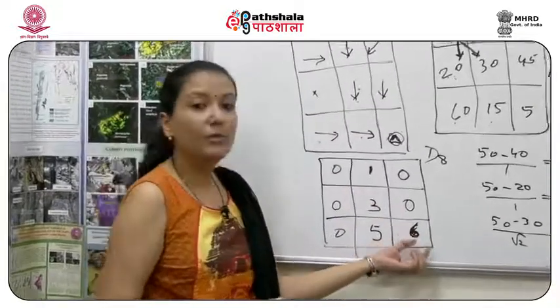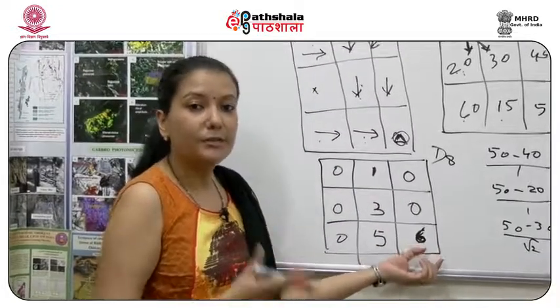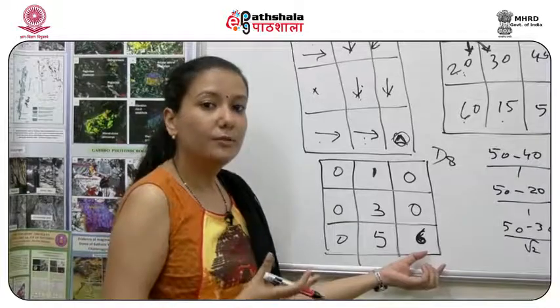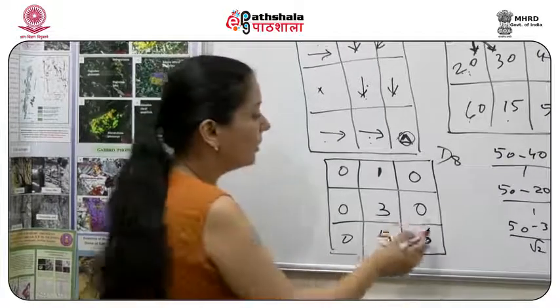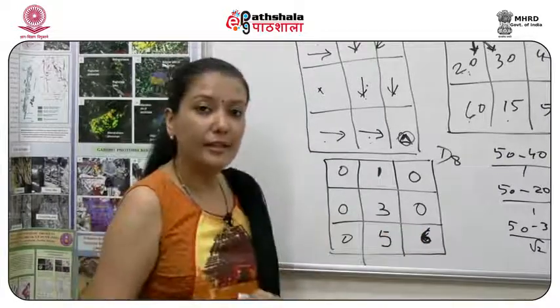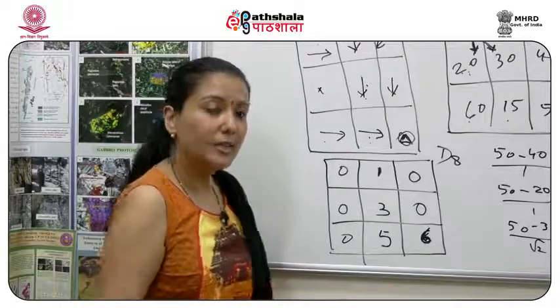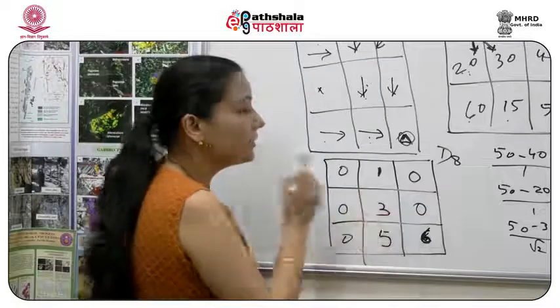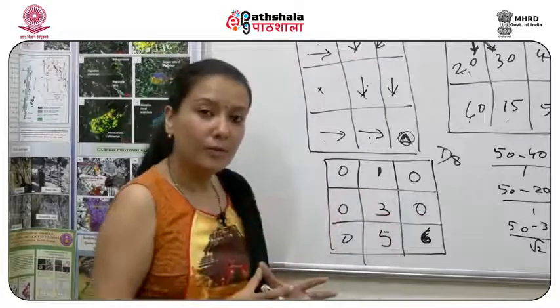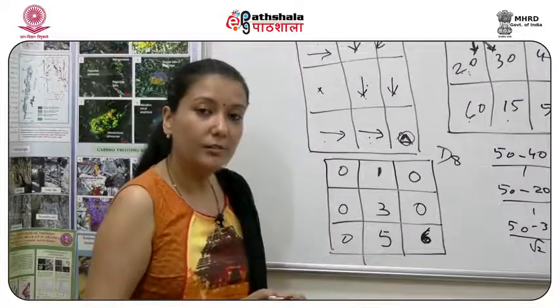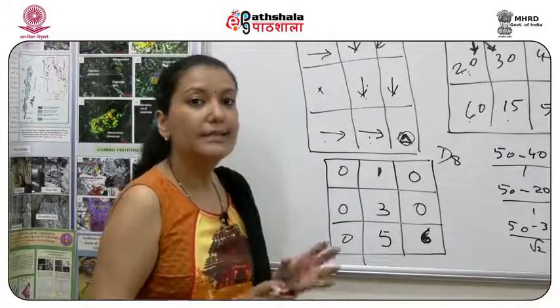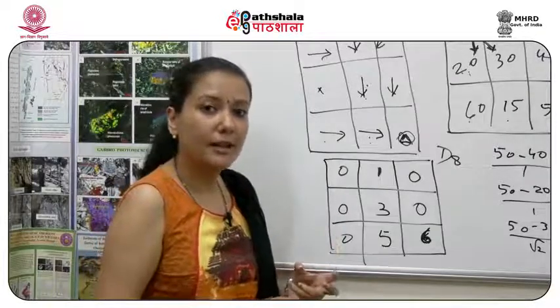So this is your accumulation point. With this we are able to get how much of the water is being calculated. We can also calculate the drainage area here. How do we calculate the drainage area? We calculate the number of cells in the flow accumulation model which are contributing to it, and multiply that by the cell size or the spatial resolution of your raster data.